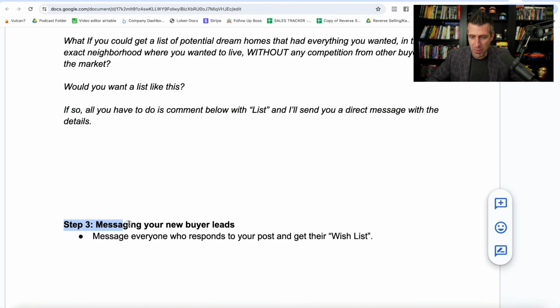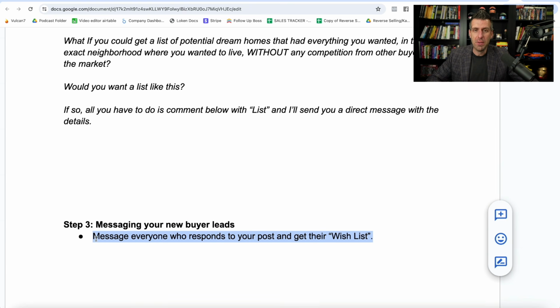All right, so step 3. You are going to get a ton of people who respond, list, list, list, list. You're going to generate so much opportunity off this one single post, for free, might I add. And then what you're going to do is simply message every single one of those people, and you're going to